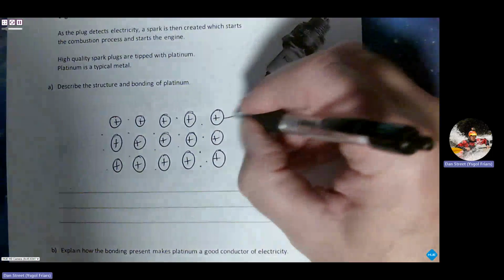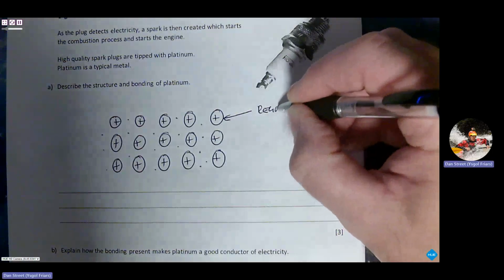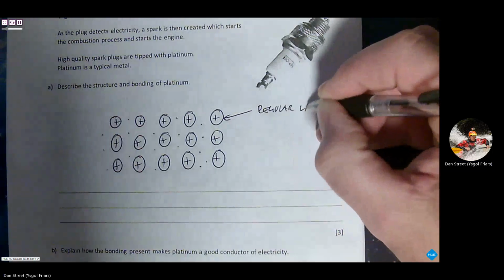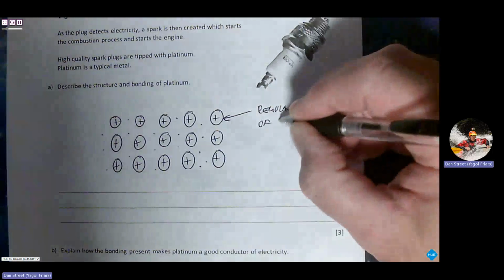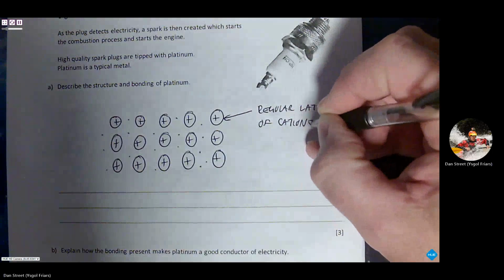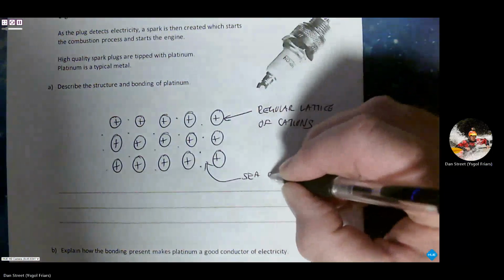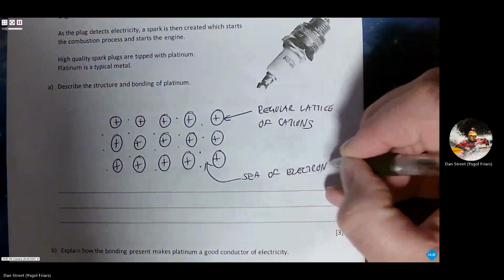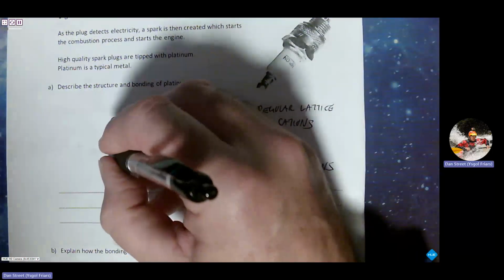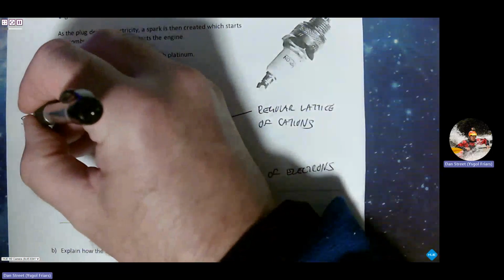Okay, so if we label these items, a regular lattice of cations, and these dots represent a sea of electrons, and that's for 2 marks. The third mark is the strong electrostatic force. So these two components are held together by a strong